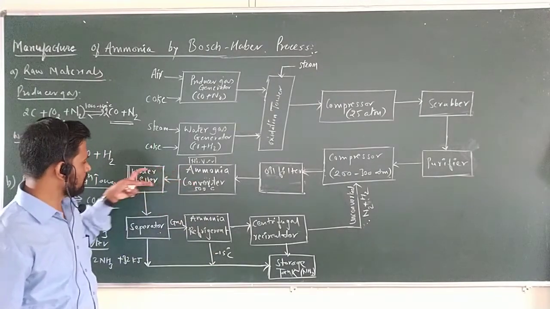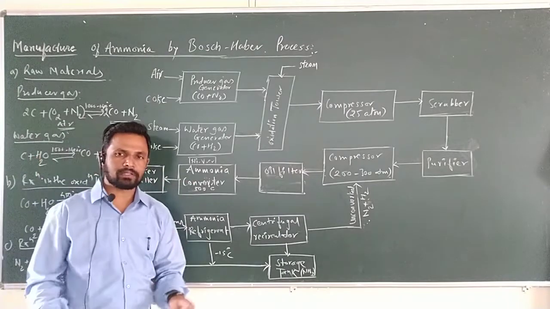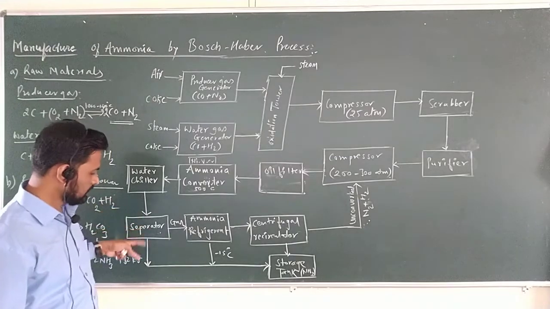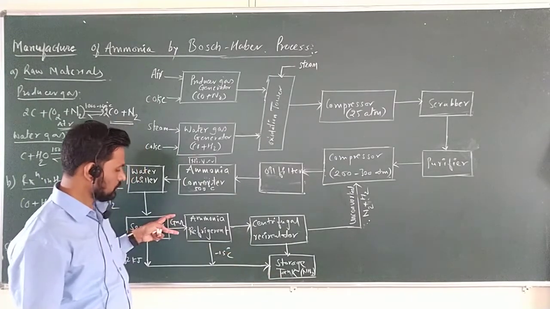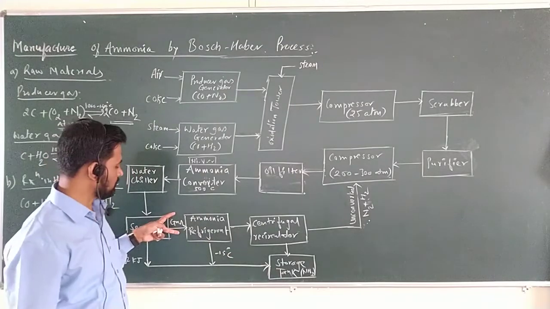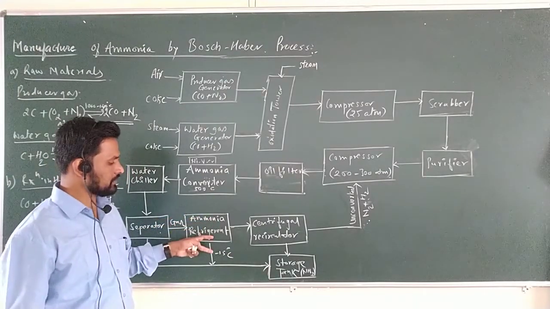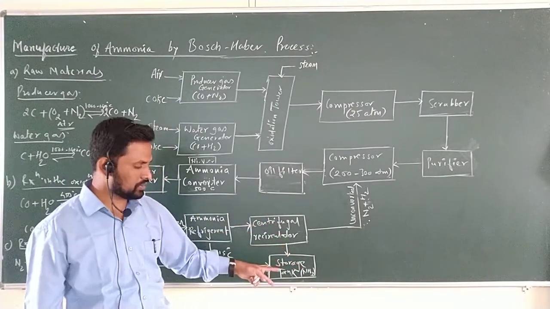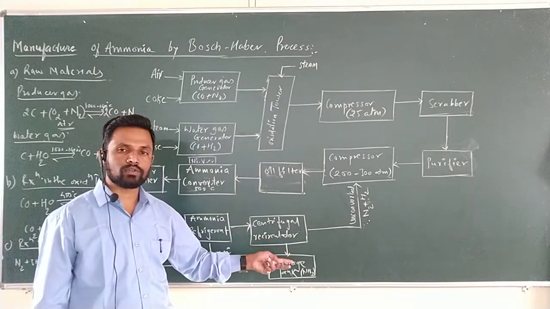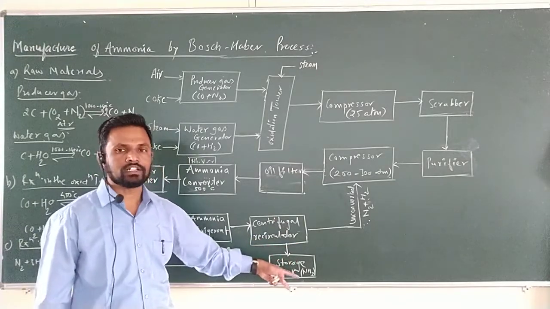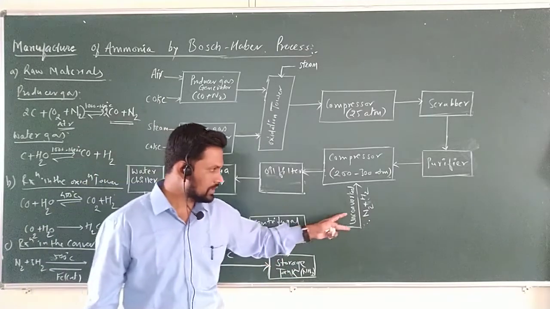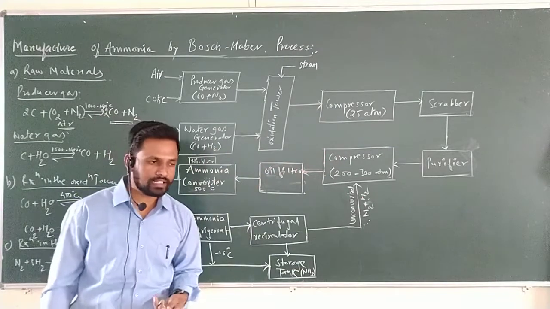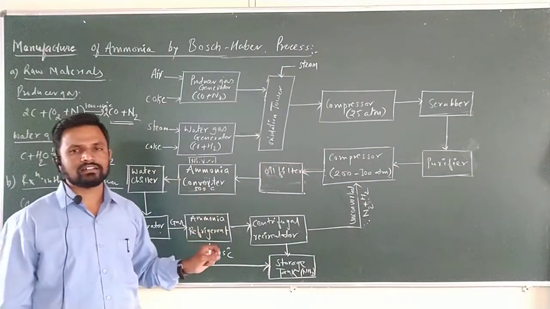The formed ammonia passes through the water chiller for cooling, where the ammonia is separated through the separator. If any gaseous, that is, steam form of ammonia is present, it is further passed through the ammonia refrigerator and the centrifugal recirculator. With this help, the maximum amount of ammonia can be collected in a storage tank, and unconverted nitrogen and hydrogen pass again through the compressor and the converter. So I hope you understand; a very clear flow sheet is given.